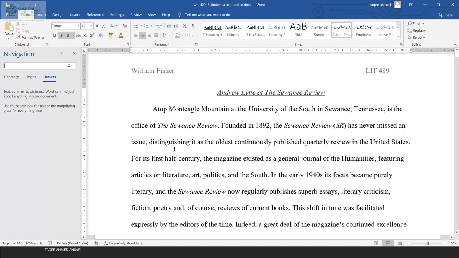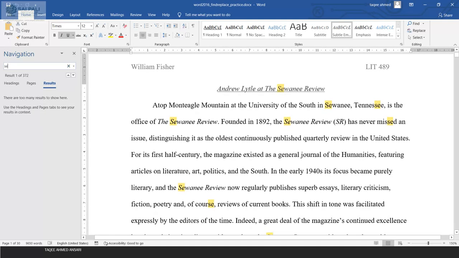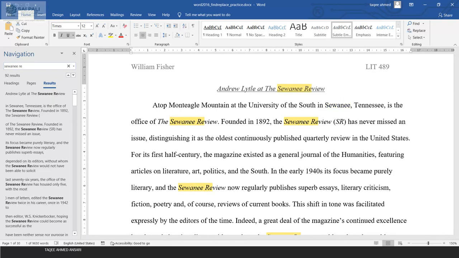Let's say I want to search this word. Now you can see the word is highlighted here in the document in a yellow color, and on this side you can see the result. It says 92 results are there, and you can see those lines one by one here.